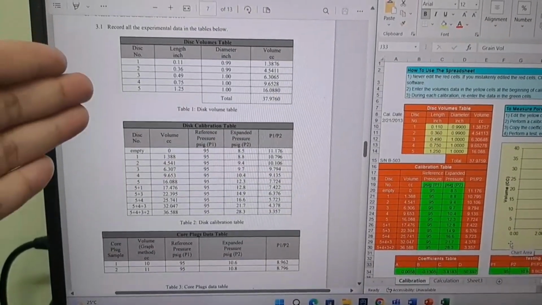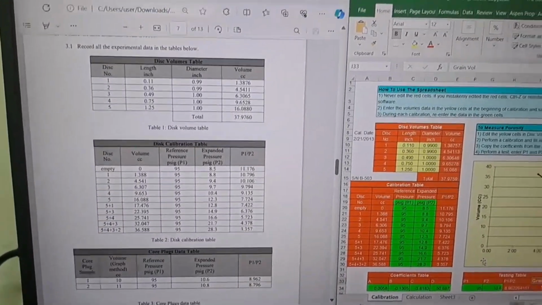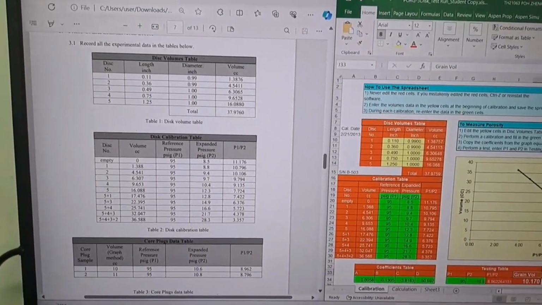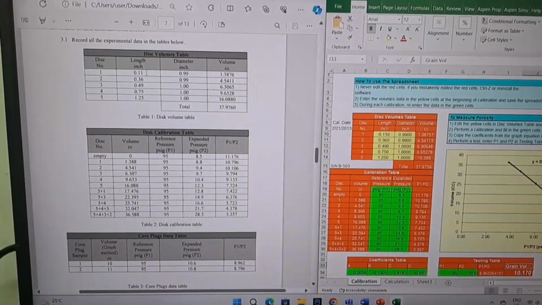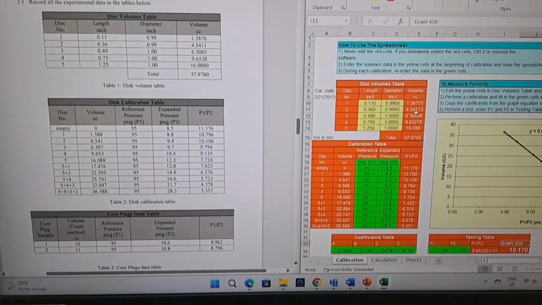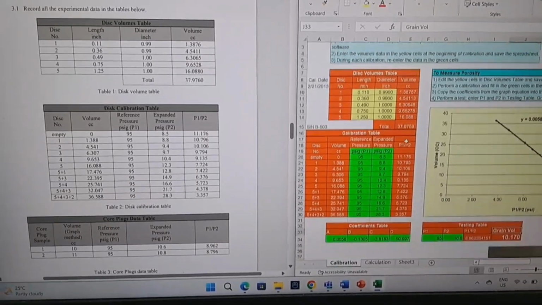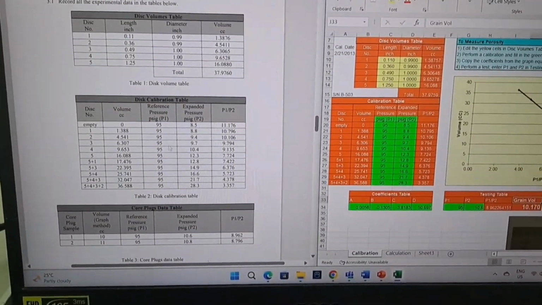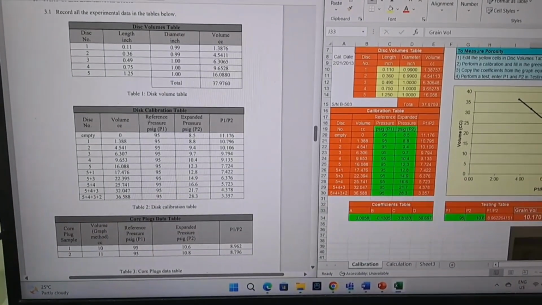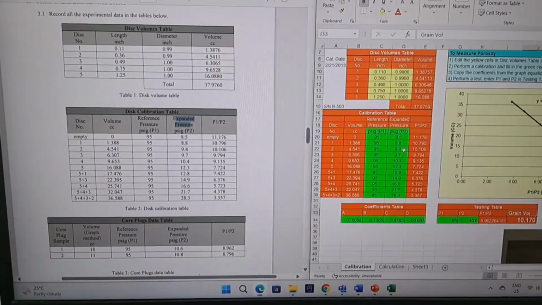Okay, so these are the data we get from the experiment. It is easy to analyze it. So let me show you how to analyze this data. First of all, you input this length and diameter into this Excel file here, and the Excel will calculate the volume for you. Right. Next, you input this calibration table, the reference pressure, and also the expanded pressure, and it